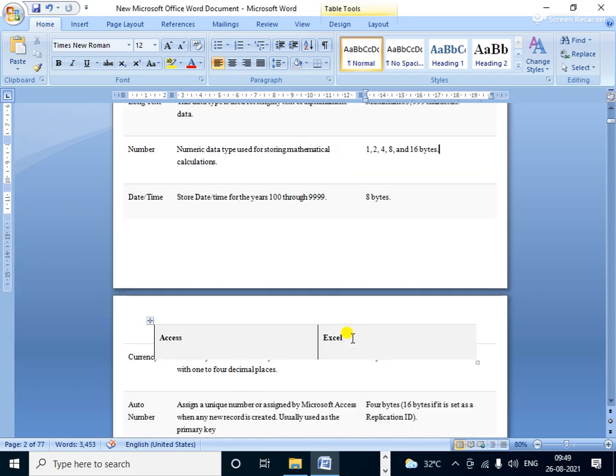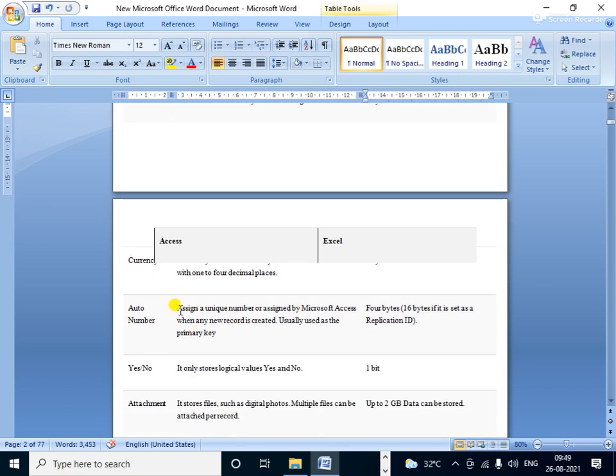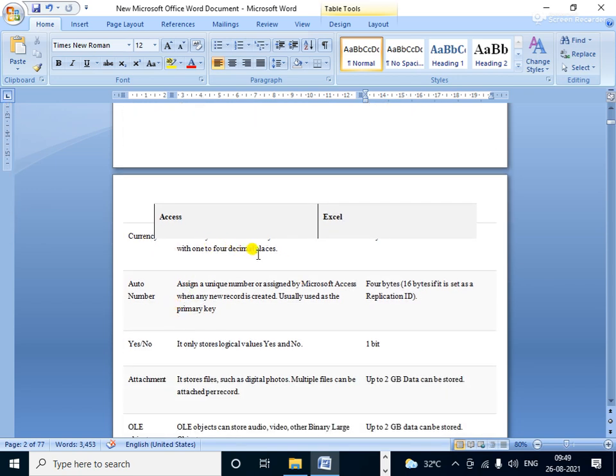And after this, the currency is there. If you require currency then you use it, but mainly it is not used. Okay, currency is for decimal places actually. Currency, if you require it for, suppose, profit and loss. Okay, so in such kinds of conditions the currency data type is required.